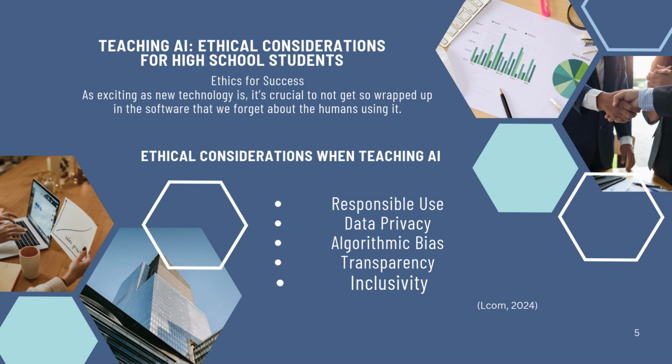5 ethical considerations are outlined for when you are utilizing AI in education. The first is responsible use. One of the biggest concerns teachers have about students using AI is cheating and plagiarism. The solution is not as simple as using detectors. Teachers can monitor how their students use AI by having a variety of assessment types, such as group discussions, discussion threads, or presentations.